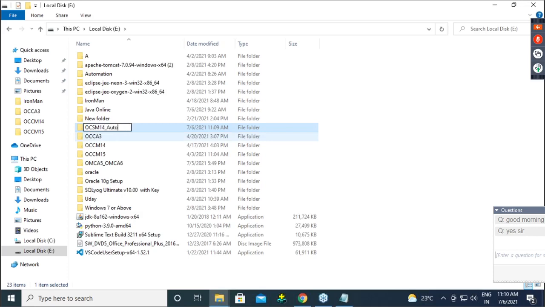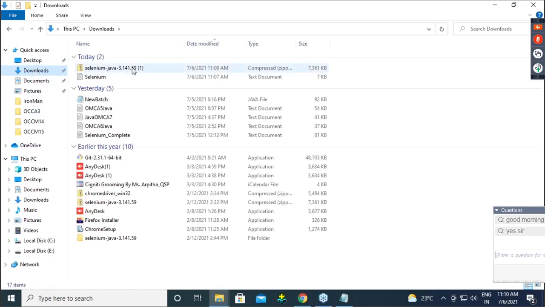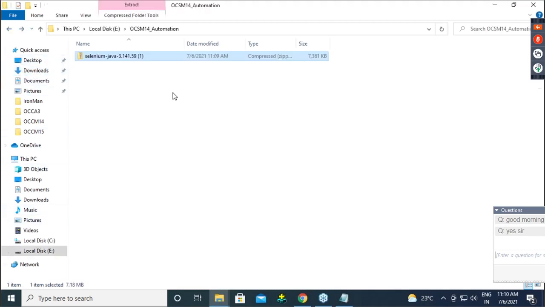Okay. Here in downloads, remove this jar, keep it here. Okay, so guys, the jar is downloaded.